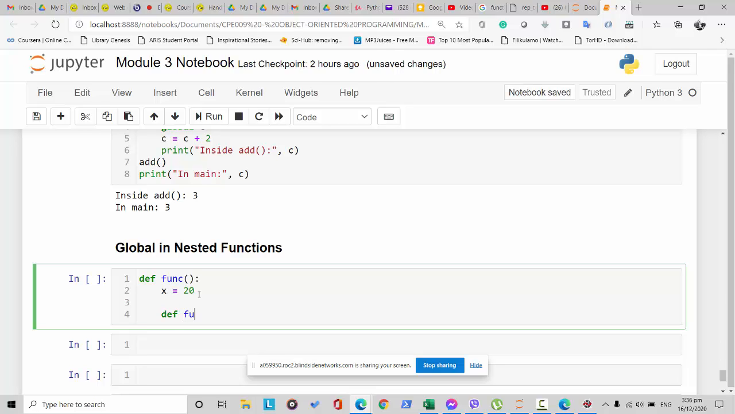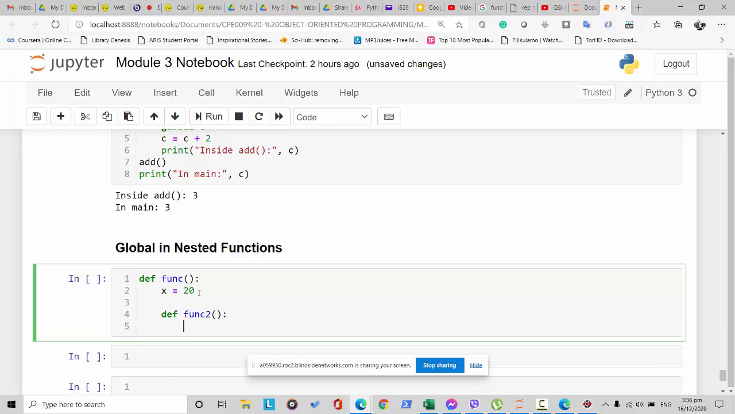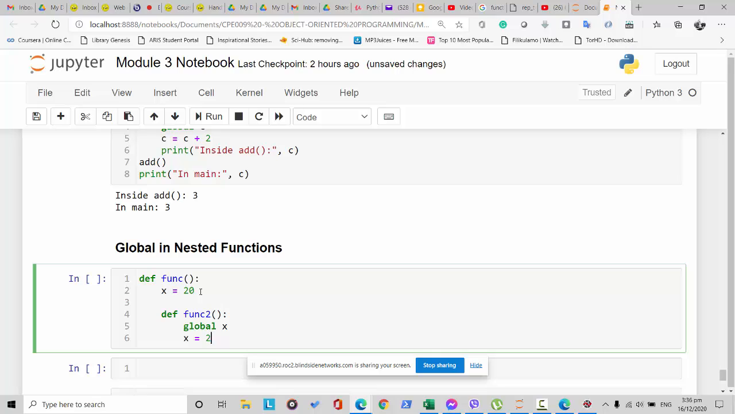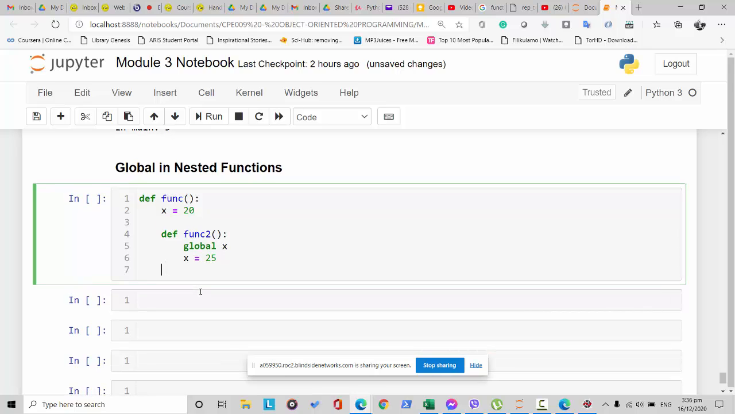function here. We say function 2. Let's call it differently. Okay, this is function 1 and then function 2. Inside this, we have global x. We declared the global x here, and then the global x here is equal to 25. Okay, and then we print. We try to print before calling func2